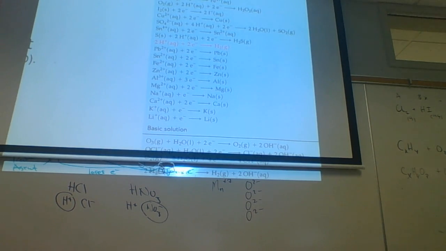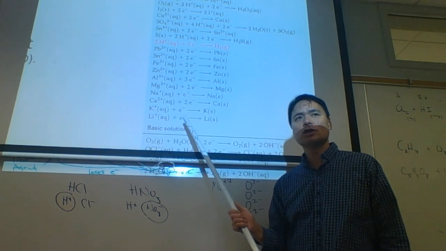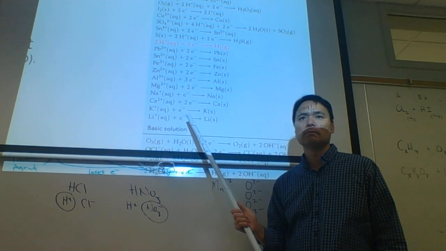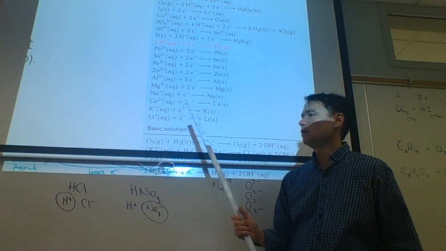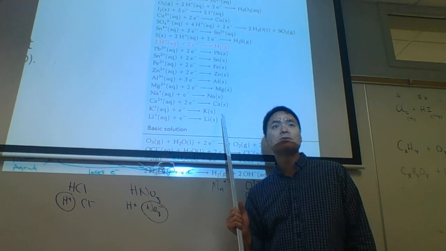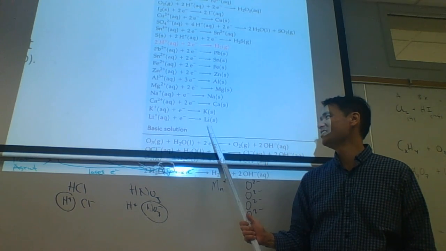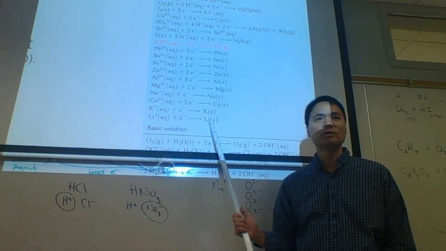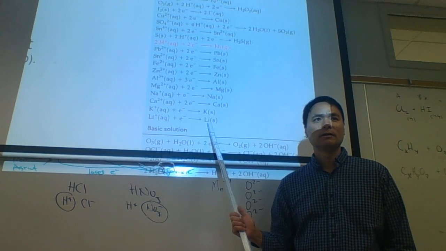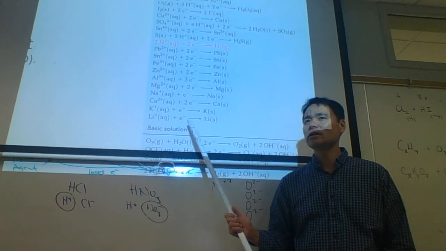And then we have all these cations. What's the worst oxidizer on this chart? No, fluoride is the worst reducer on this chart. What's the worst oxidizer on this chart? Lithium. No, lithium is the strongest, most powerful reducer. Lithium is the most powerful. The worst oxidizer on this chart is,